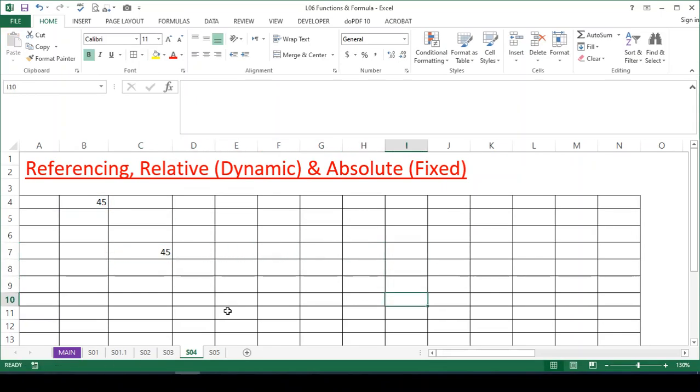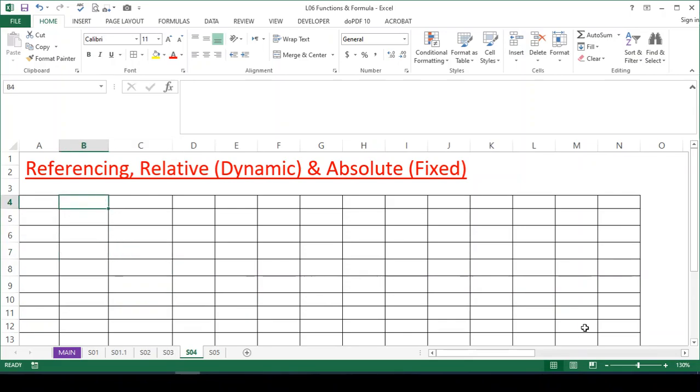You can paste this anywhere, and the reference will be the same: one column before and four rows above. That is called relative referencing. This is very useful because we can use it for so many calculations.